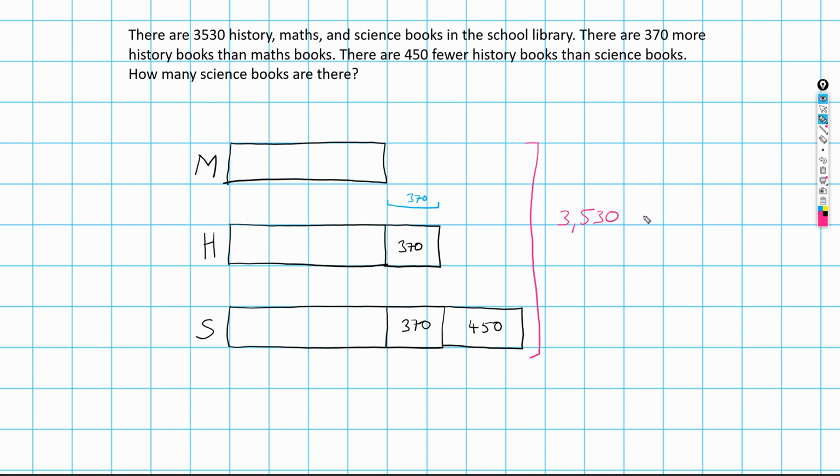So if I subtract 370 and 450, I am left with 2,340. Okay, so I've eliminated that, eliminated that, eliminated that. I'm left with this. And if I divide 2,340 by 3, I am going to get